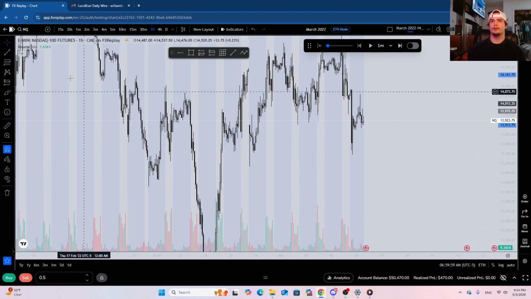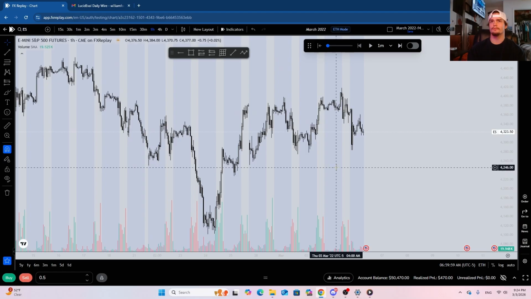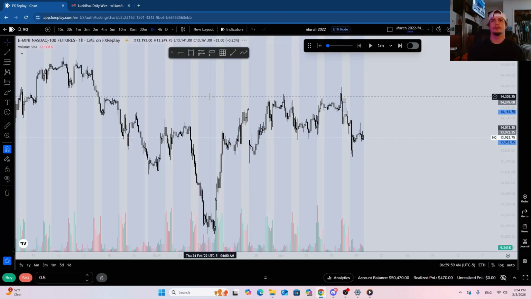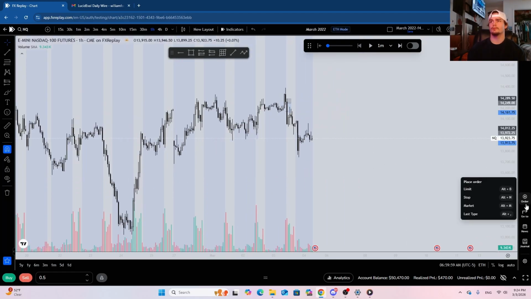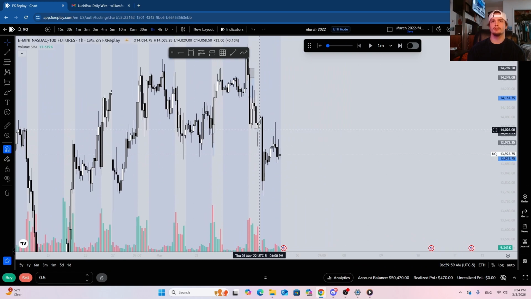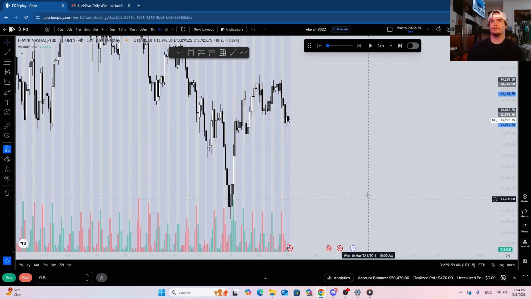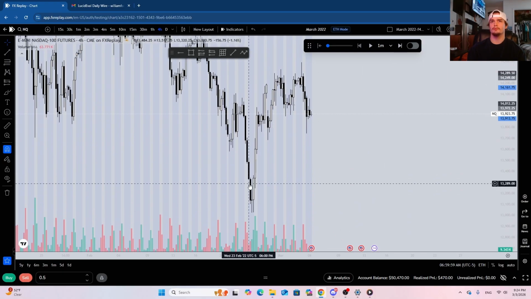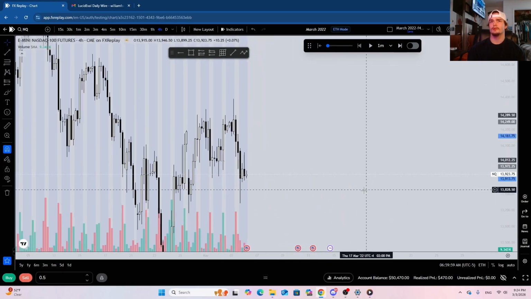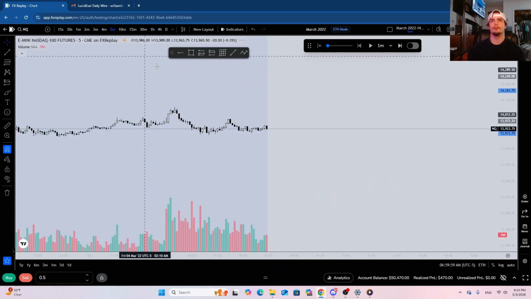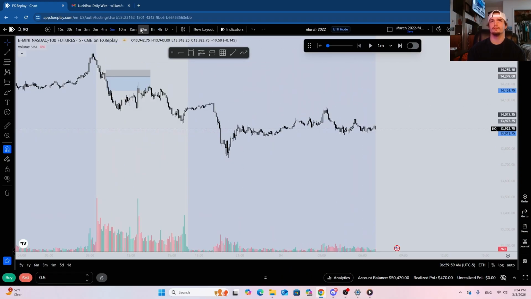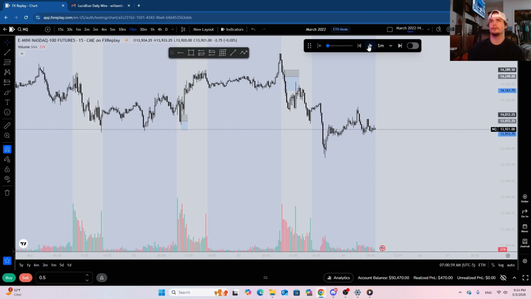Okay, let's see if we have an SMT formed at this wick low. We do not. Okay, so obviously our bias is still bearish here. We are rejecting hard out of this 1 hour. Let's see what we're doing on the 4 hour as well. Still showing that we need to retrace a bit. So I'm thinking maybe this first presented fair value gap would be a solid draw. Even potentially these session lows if we decide to rip up at market open. At this time it's 6:55, so we'll go ahead and skip ahead.